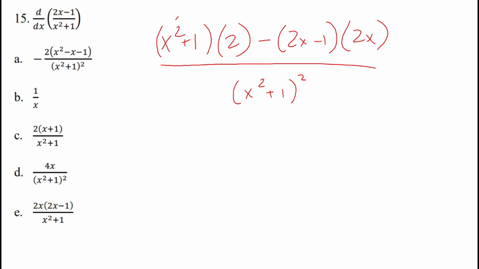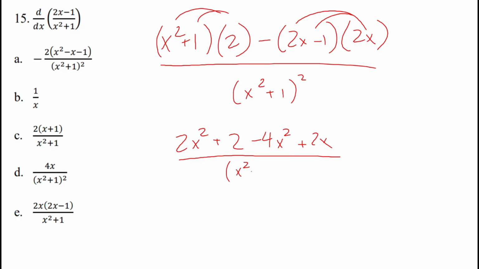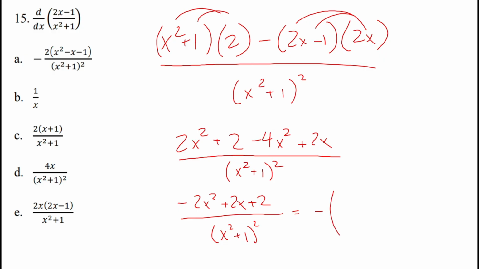And if we simplify down here, we got a 2x squared plus a 2. And then we're going to have a minus a 4x squared. And we're going to have a minus 2x, so a plus 2x, all over our x squared plus 1 squared. And if we simplify that down, looks like we've got negative 2x squared plus 2x plus 2 over x squared plus 1 squared, which isn't exactly one of our answer choices, but if we factor a negative and a 2